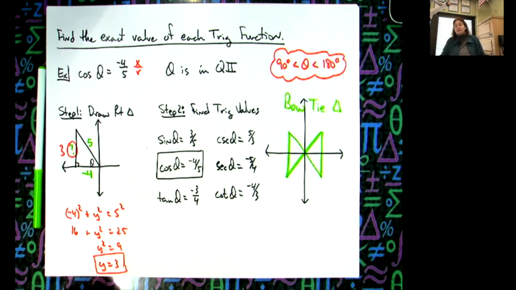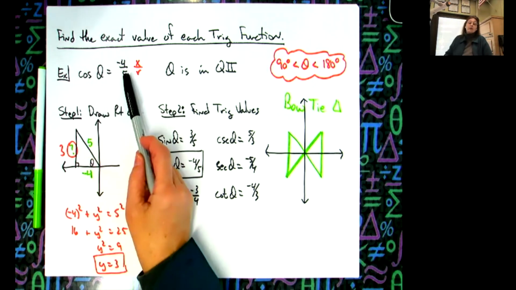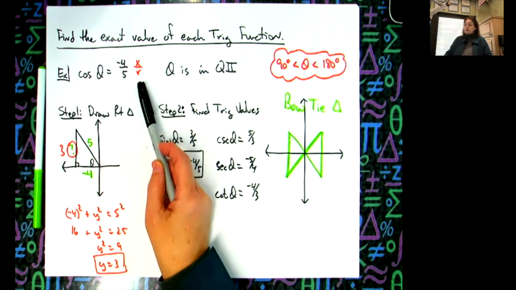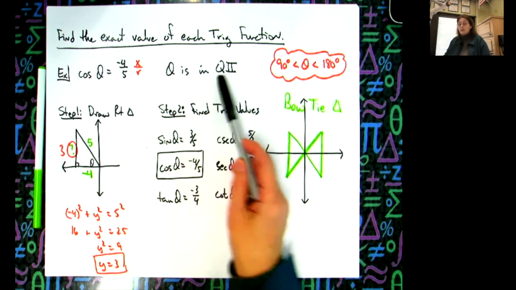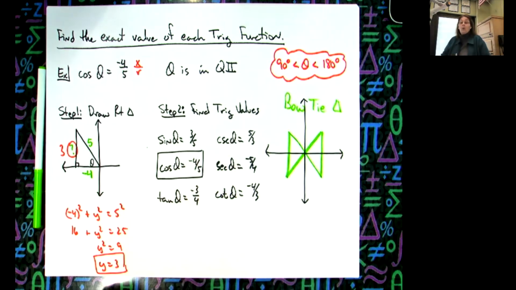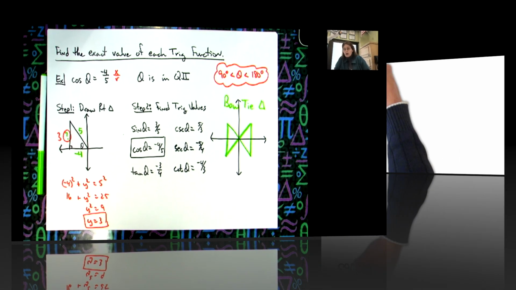About the only difference is they'll give you any trig function here, go with whatever those definitions are, and they're going to give you a clue, and that clue could be in any format to tell you what quadrant this angle is in. All right, so because of the things that we covered yesterday,